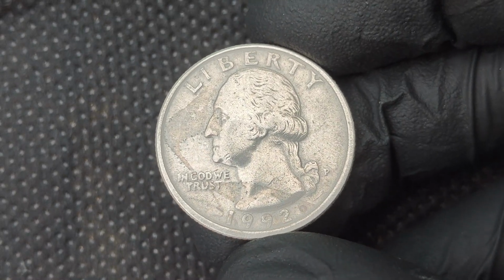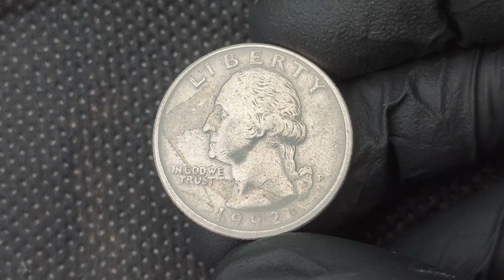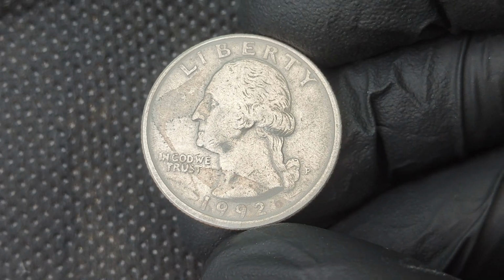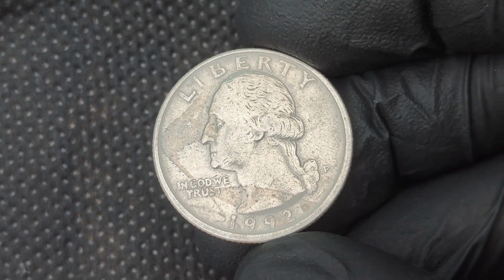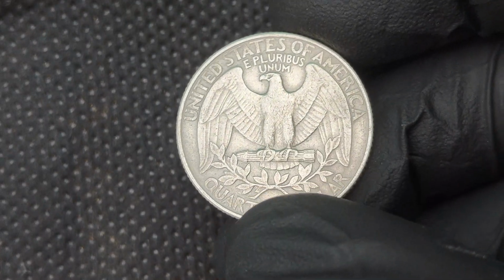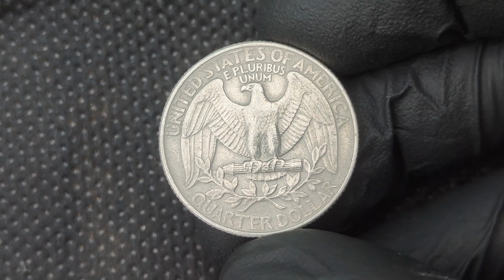Coins are graded on a scale from 1 to 70, with higher numbers indicating a more pristine coin. If your coin is in near mint or uncirculated condition, that boosts its market price significantly. If you think you might have a valuable 1992 quarter, don't rush to sell it without expert advice. Get it authenticated and graded by a professional coin grading service like PCGS or NGC to ensure you get the